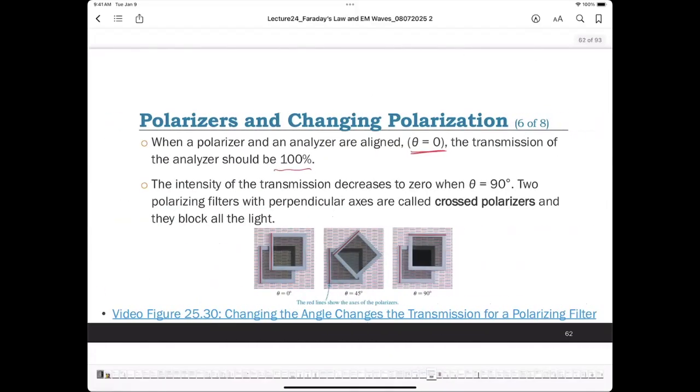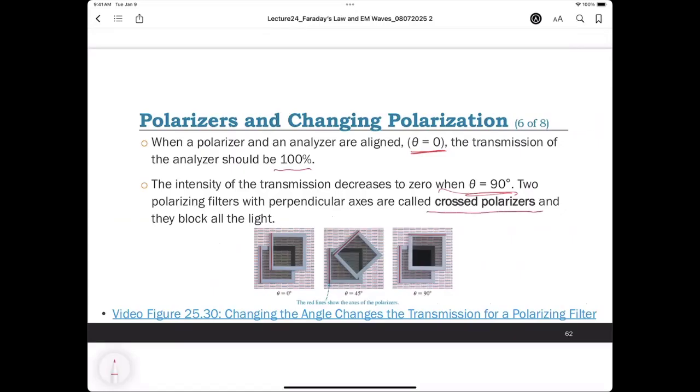And the intensity of the transmission decreases to 0 when theta equals 90 degrees. Two polarizing filters with perpendicular axes are called crossed polarizers, and they block all the light. You can see this is for theta equals 0, which means the transmission of the analyzer should be 100%. The red lines show the axes of the polarizers, and this is 90 degrees, which means